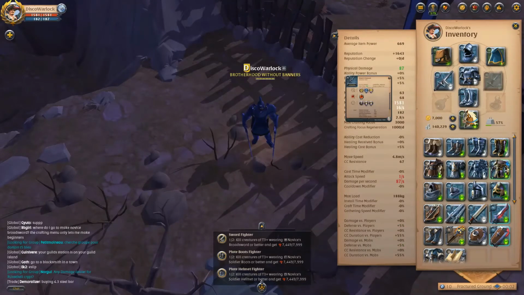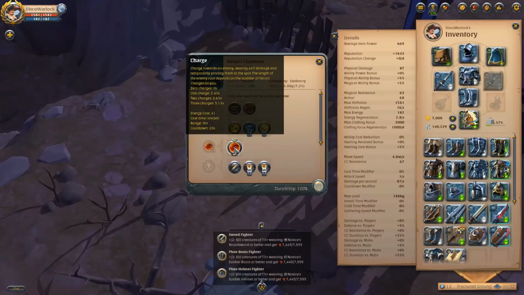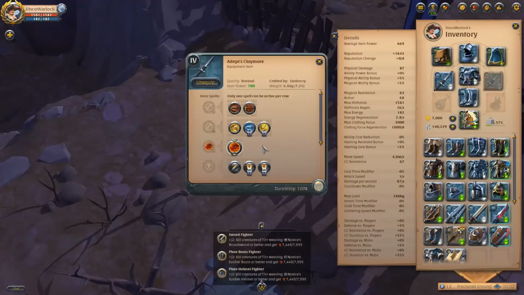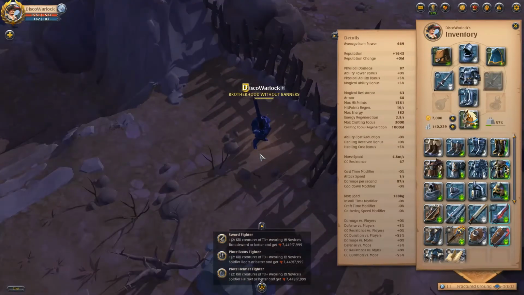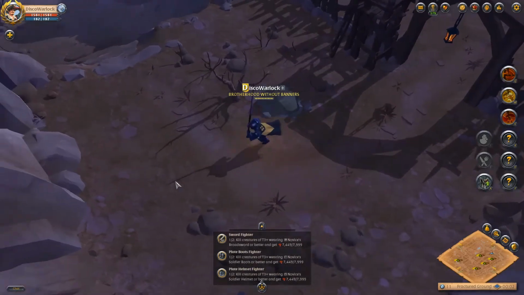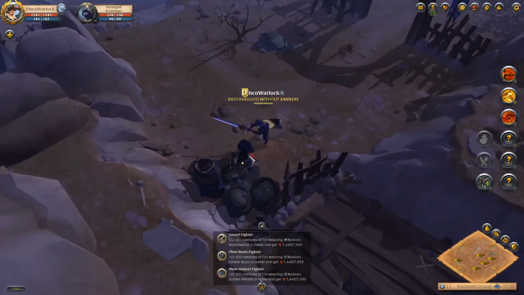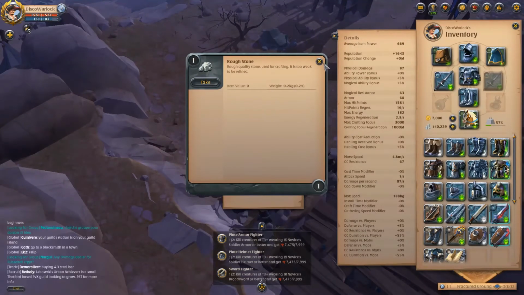And let's throw on the claymore. Let's see if that's different. Oh, nope. Other than the ultimate ability, so we have charge. That's kind of cool. Now let's just throw those in there. That's pretty cool. The claymore's a pretty beastly sword. So this is what it's like wearing the knight's armor, using a claymore. Let's kill this guy. Let's use that ultimate. Okay, well he's dead. Just a scavenger, so...